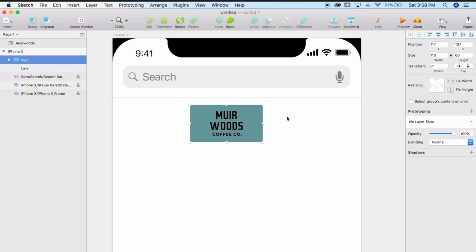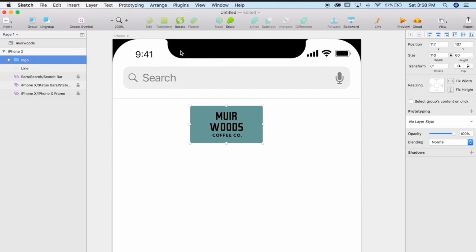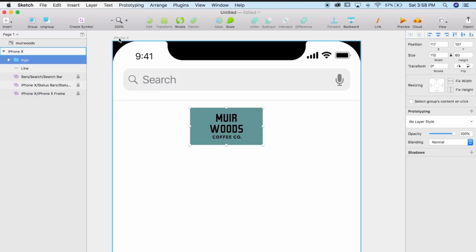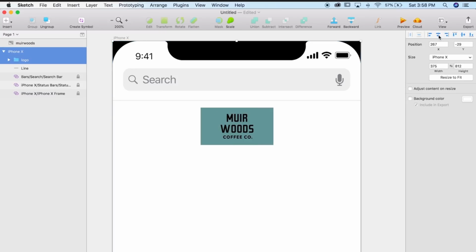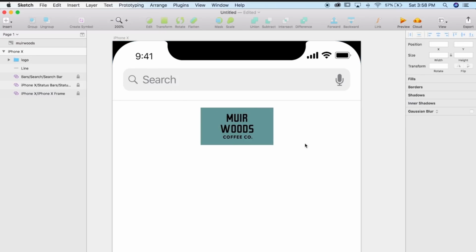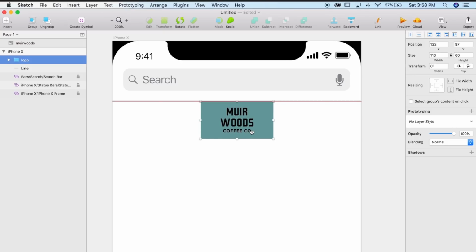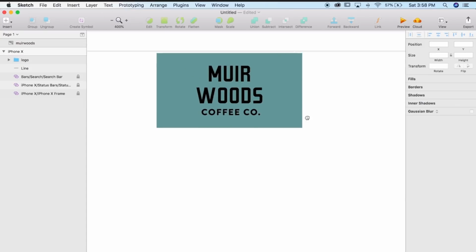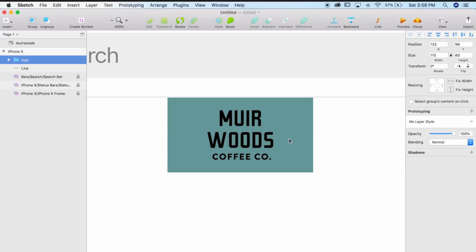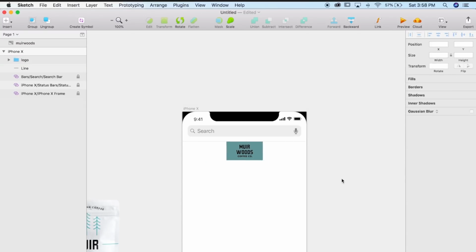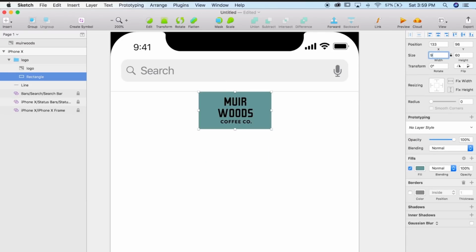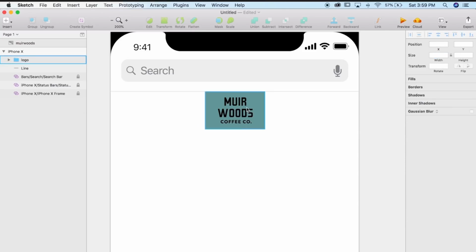Now we'll grab our logo and align it to our actual artboard. So if we select the logo and the artboard and hit Align, it centers it perfectly for us. And I'm going to move this flush to the top here. See, it kind of snaps. Actually, it didn't perfectly go to the top. That's the top. It's still a little wide for me. I might do a 90 and then make sure I center that again. Okay, cool. I like this little logo tag that I've got going here.